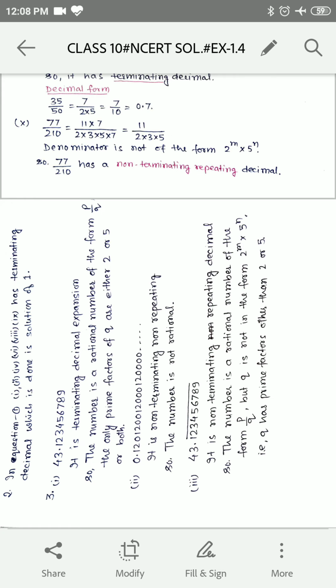So the number is a rational number, in the form p by q. If the number is rational and written in the form p by q, the only prime factors of q are either 2 or 5 or both. That is, it can be written in the form 2 power m and 5 power n. The second one is